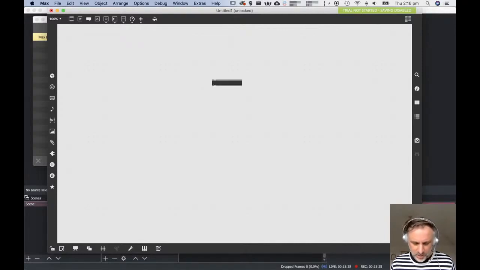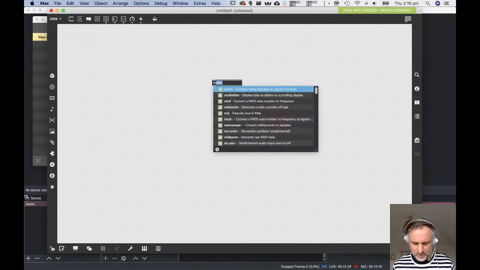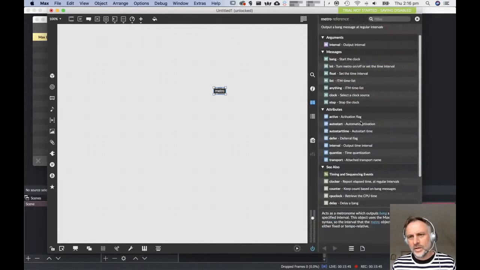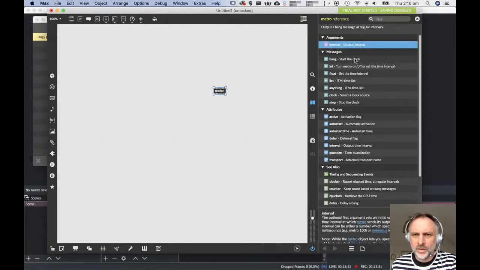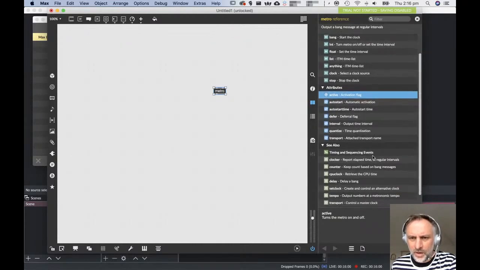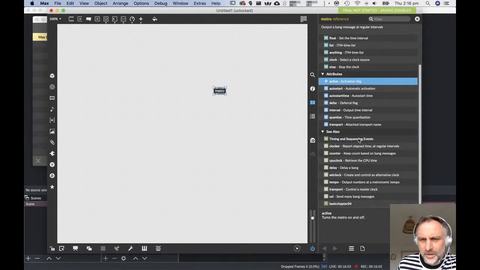So let's say, for argument's sake, that we want to know how to make a clock. That's its simplest object, I suppose, is Metro. You want to know how Metro works, right? So you find your way to Metro, and then you come across here to the reference, and it tells you everything, every message that Metro can respond to, all the attributes for Metro, and then down here it will say, it's like an Amazon shopping list,